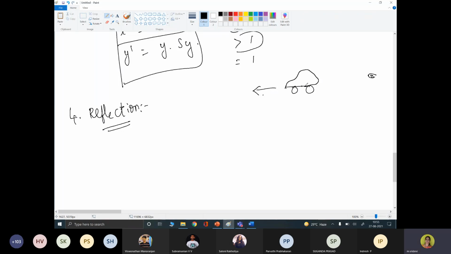So all these pixel positions need to be moved step by step. They should be translated with some equal translation factor, either 1 or 2 you can use. 1 pixel you can move or 2 pixels you can move, whatever you want. Suppose I'm using 1 pixel, you can see slow movement of a car. Suppose I wanted to move the car at a high speed. What is the change I have to use there? I'm using a translation factor 1. Increase the translation factor.